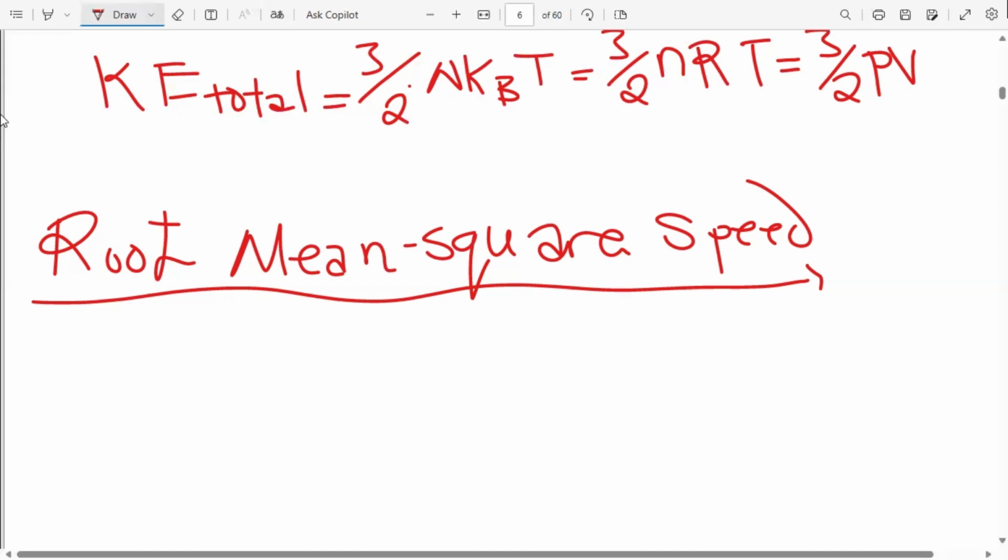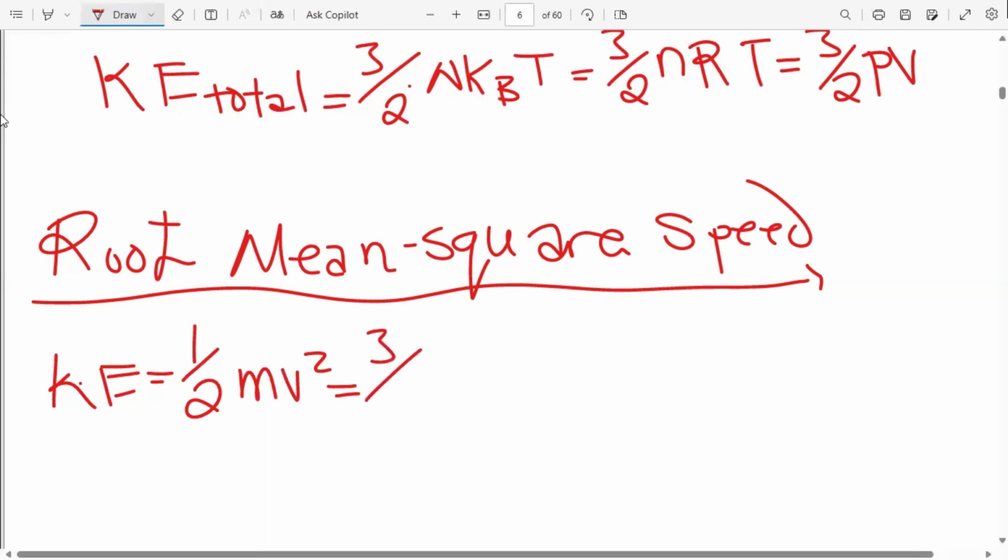We know that kinetic energy is equal to half mv squared, like this. And we said when we are describing gases, or want to find the average kinetic energy of a single gas molecule, this is equal to 3 over 2 Kb multiplied by T. So the Boltzmann constant multiplied by T. So this is going to give us what? Our V